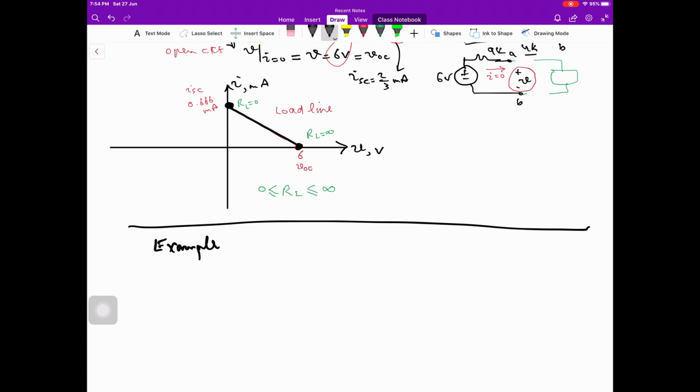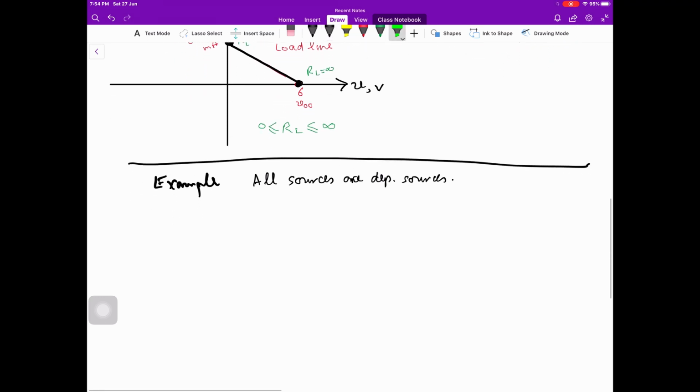When all sources are dependent sources. Note that when all sources are dependent sources, Vt is equal to 0, because sources are dependent and there is no independent source in the circuit. Vt will be equal to 0, and In, the Norton current, will also be 0, and the circuit will be represented only with the Thevenin resistance,